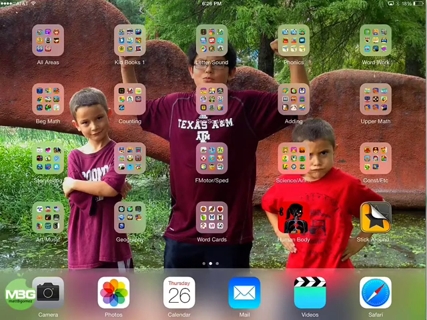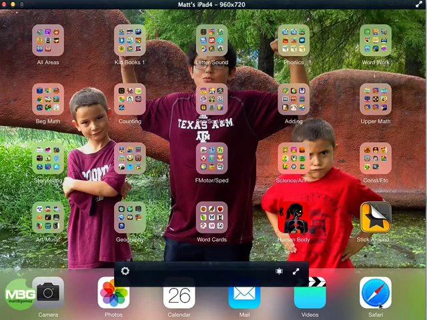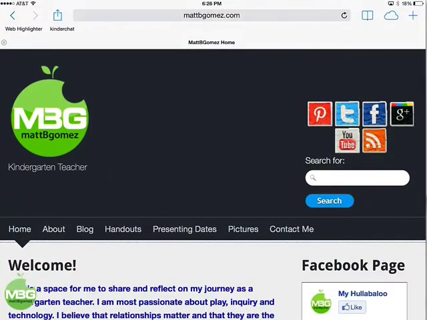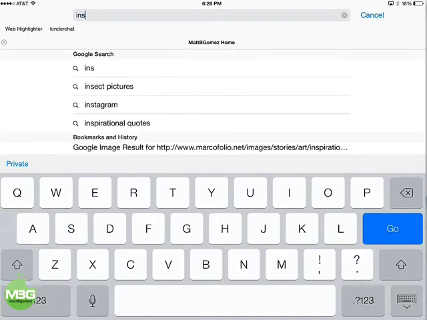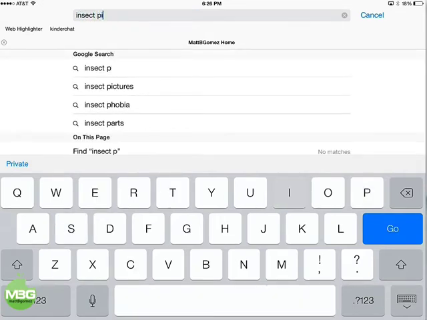The first thing I do is go to Safari. So down here on the right hand side of the iPad you can see my app Safari, which is our web browser. You could use Chrome or any other web browser you might have on your iPad. So we're going to open that browser, and then we're just going to pretend that in my class we're doing a study on insects, so I want to have insect pictures for them to use on whatever app we're using that week. So I'm just going to type in insect pictures and press go,